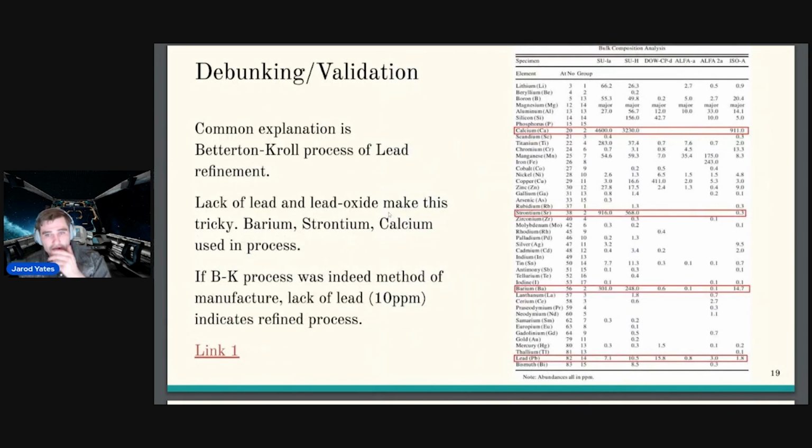Then over here, now we're going back to less weird, more Betterton-Kroll. So in Betterton-Kroll, you use calcium, you use strontium, you use barium, and of course, you'll find lead in it. Well, for these first three, calcium, strontium, barium, there's a fairly decent high parts per million of those three, which is what you would expect from a refinement process. But once again, the lead is really pure. There's very little lead. We got 7 to 15 parts per million